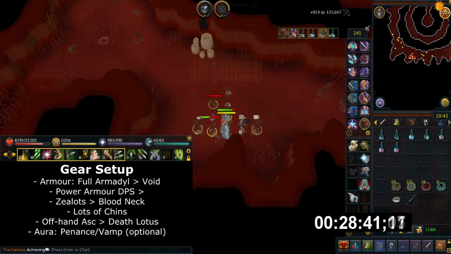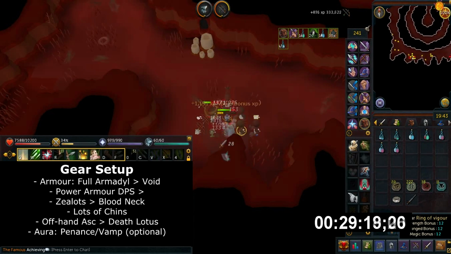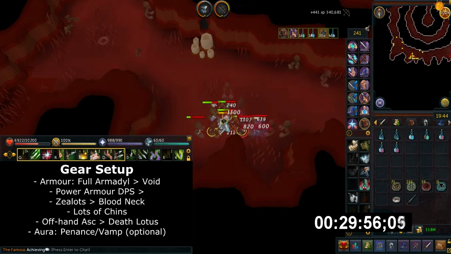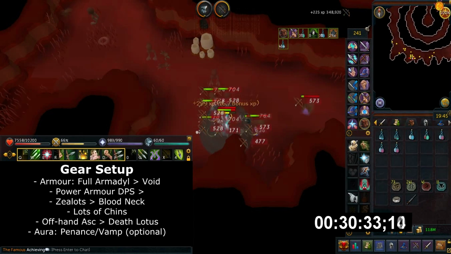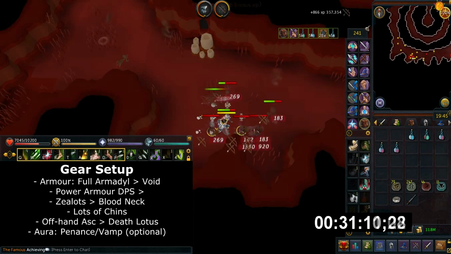For gear setup, Armadillo would be the best armor for this, because it's the best non-degradable armor. I've heard people suggesting Superior Void. While it does offer you like a 5 to 7% damage increase, it actually offers less damage than the strength of the power armor. I'm wearing Amulet of Zealots, although if you're more into AFKing, then you can use a